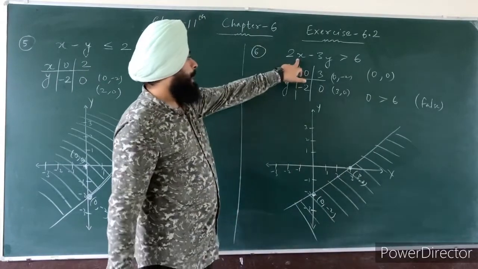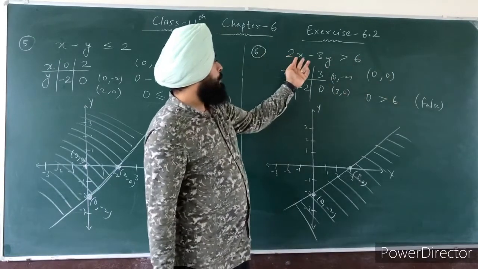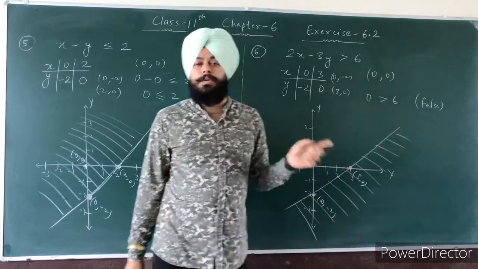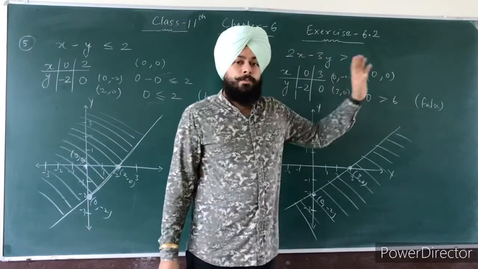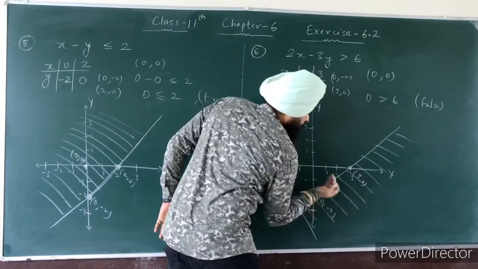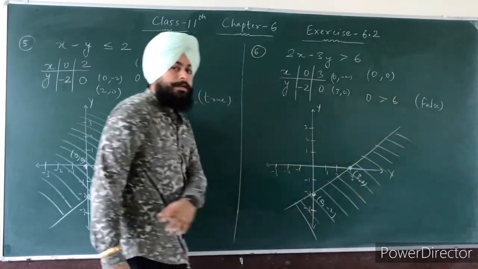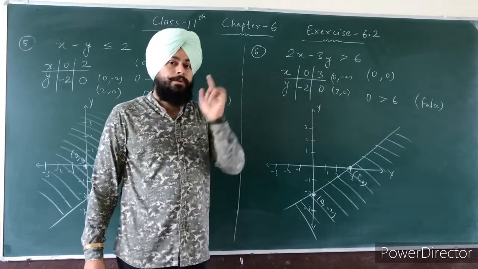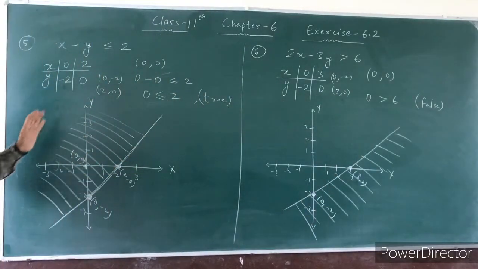After that, you can put x and y both values as 0. दोनों की values 0 से put करूँगा. So 2 into 0 is 0, 3 into 0 is 0, 0 minus 0 is 0. Now, is 0 greater than 6? No, it is a false statement. So you will not include this (0, 0) point in the shaded portion. So you can shade opposite of the origin, on the other side of the line, on the right side. You should not include the (0, 0) point because the statement is false. If the statement is true, then you can include this point in the shaded region. Alright, so these are your questions number 5 and 6.